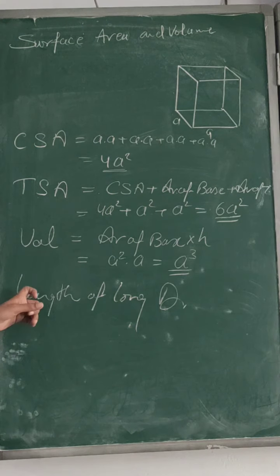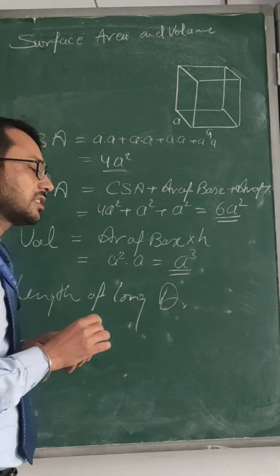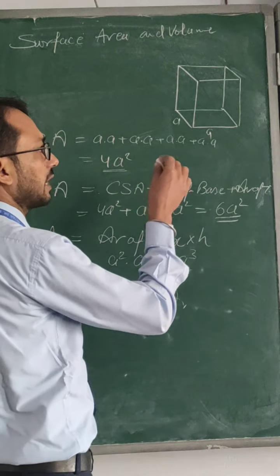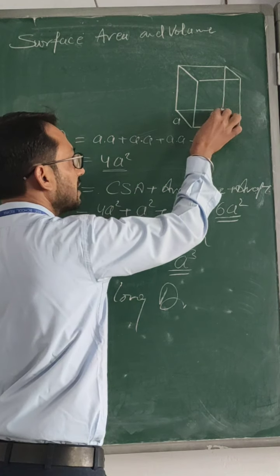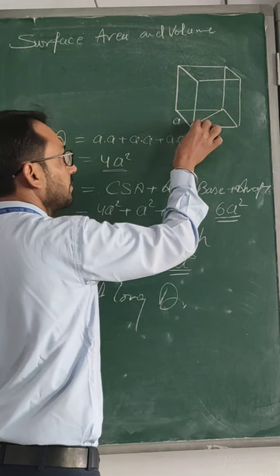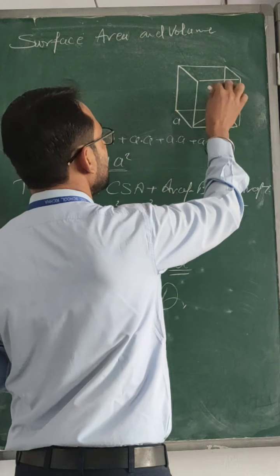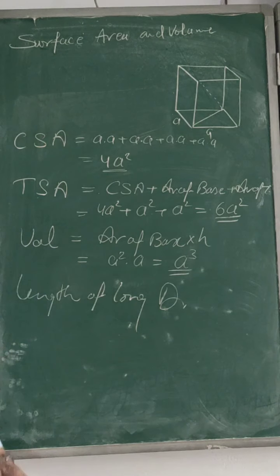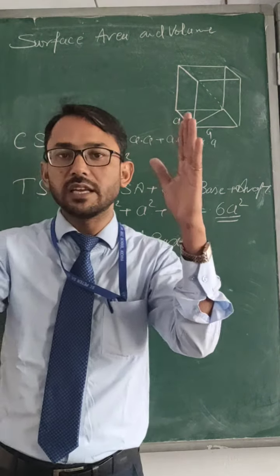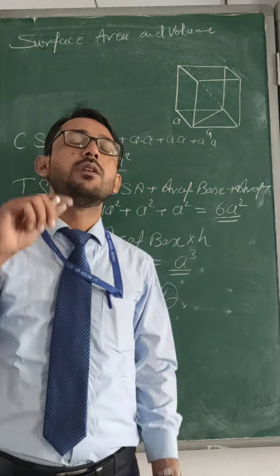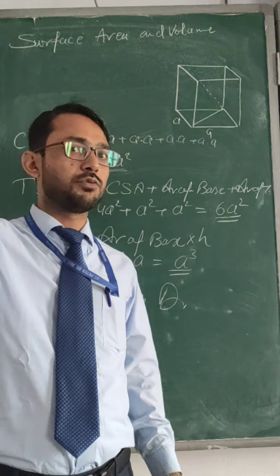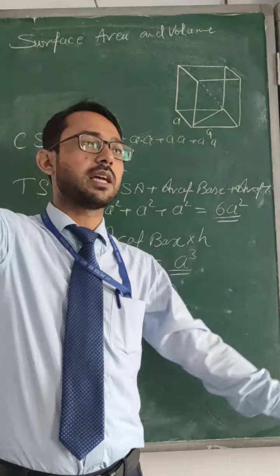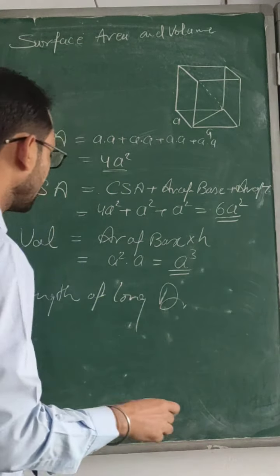The last thing is the length of the diagonal. How to calculate the length of the diagonal? Just keep in mind, when we are thinking about the diagonal, first of all, I am taking this as a diagonal. This is not the longest diagonal, but I have taken a diagonal. Now, when we join this to this, whatever is this dotted line, that will be the longest diagonal. If we are talking about a room, then one corner on the top side to the other corner on the bottom side will make the longest diagonal.